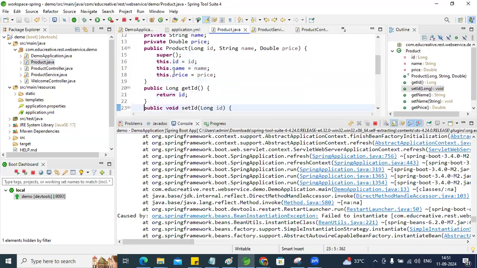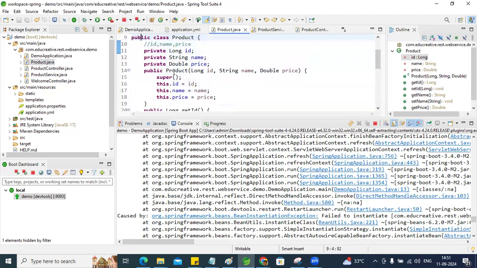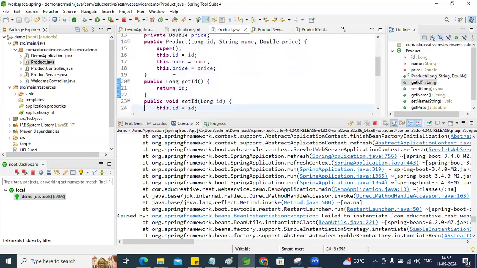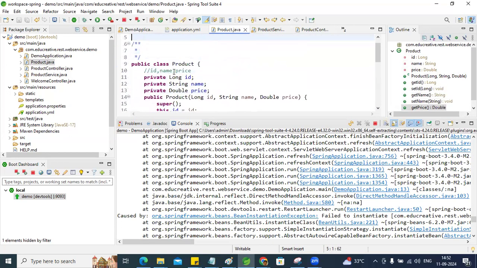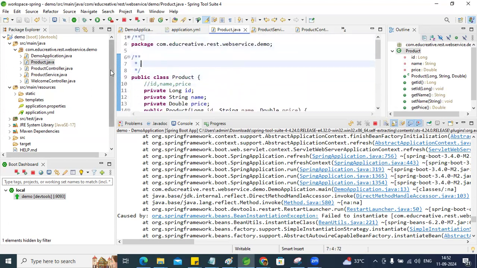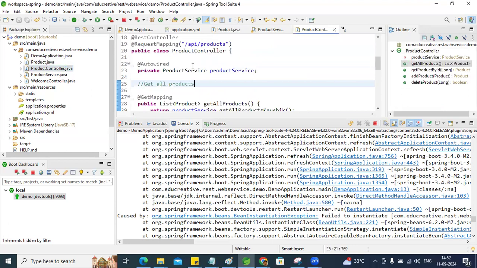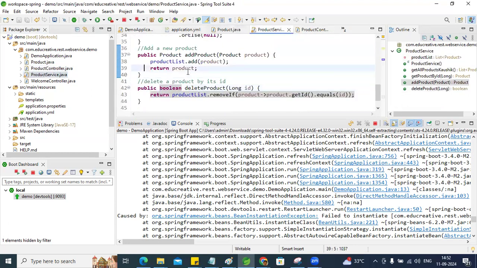Again, I'm telling you, product is your class where you can add your fields like ID, name, price, generate your getters and setters, generate your constructors. So your product class will be ready. Next, you have to do the product service. So here, what we have done,